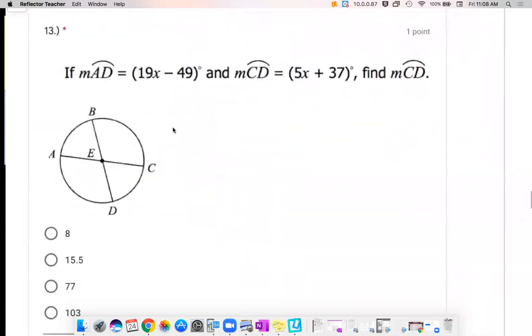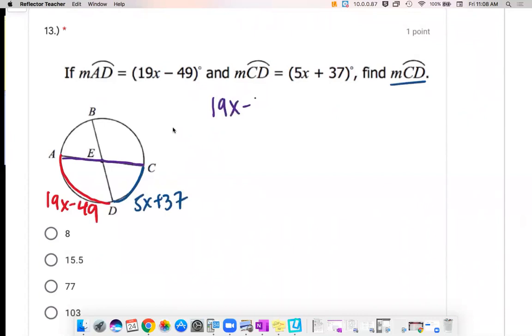Okay, this one, they give you AD right here is 19x minus 49, and then they give you that CD right here is 5x plus 37, and they want you to find the measure of arc CD. Hopefully you realized again, this is a semicircle. So if I know 19x minus 49 plus 5x plus 37 should equal 180, do some algebra, so let's combine